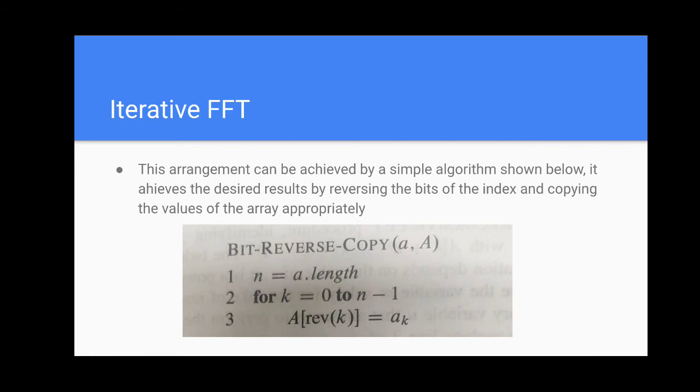So we can refer to it as the first, or A of 1, it will be referring to A4. This way we can achieve the required ordering of coefficients. Now once this required ordering of coefficients is done, the iterative FFT computes